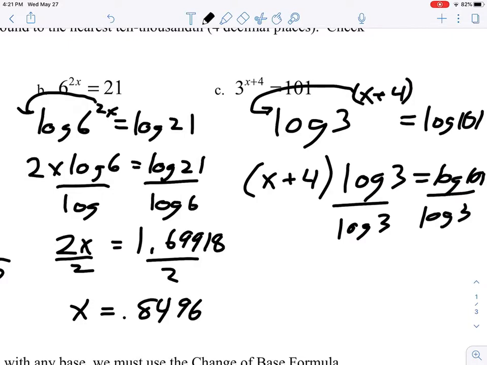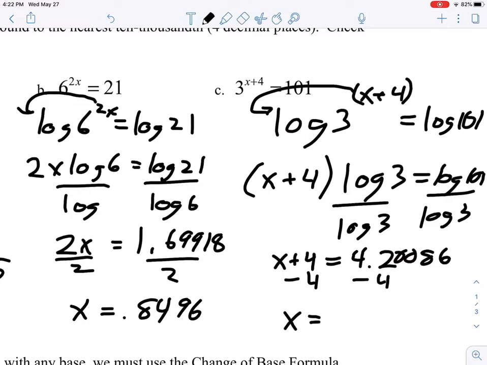Okay, and now I'm in my calculator. Log 101 divided by log 3. Enter. 4.2008 whatever. So I got x plus 4 equals 4.2008. Okay, it should be a 9 probably, so I'll just go 8.6. Okay, subtract 4, right, to solve for x. Subtract 4, so I got x equals